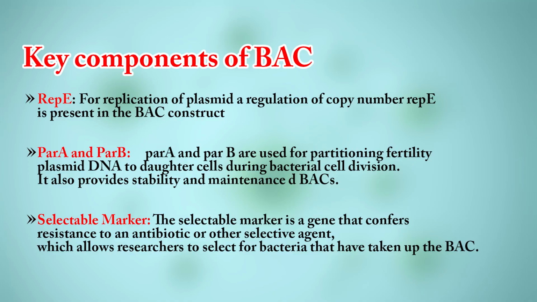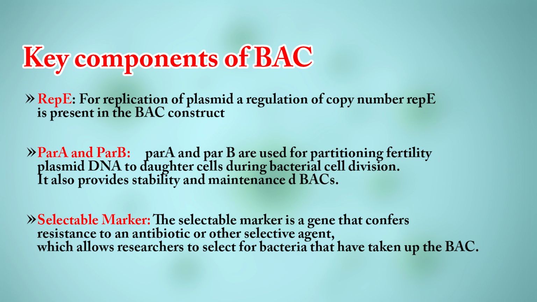for its manipulation and for its cloning application. We see that if you create the bacterial artificial chromosome, mostly they are the engineered version of the F factor plasmid, which is also called the fertility plasmid. It has been derived from the F type of plasmid, and it carries all the essential sequences. The first thing is the Rep-E, right. It is required for the replication of the plasmid, right,